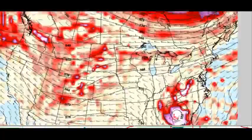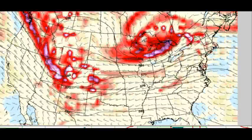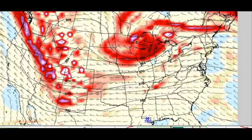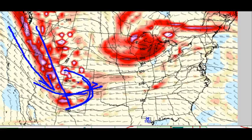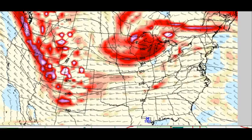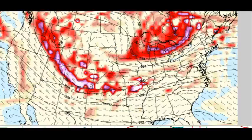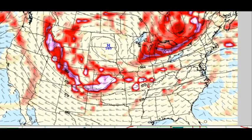Let's take a quick look at the dynamics and see what's going on here. Okay, for this evening, there's that negative tilt trough out over the Four Corners area. Plunging polar front jet coming in from Nevada and northern Arizona. And some of the higher velocities emerging right there in New Mexico and Colorado. So we're starting to get a little bit of the stronger dynamics coming in from the Rockies. Overnight, we're going to see that spreading eastward. And then for tomorrow evening,